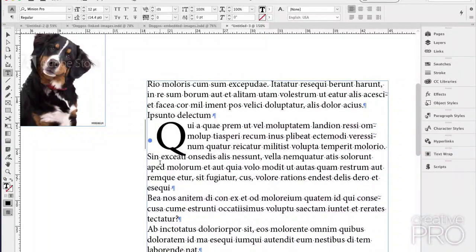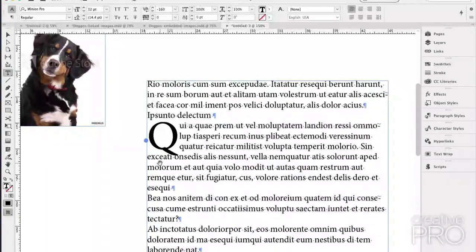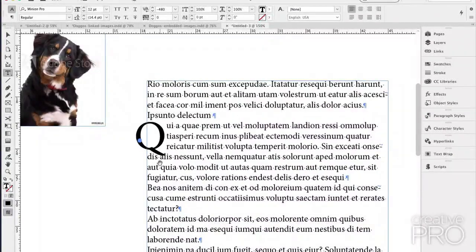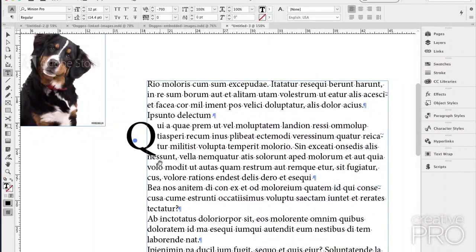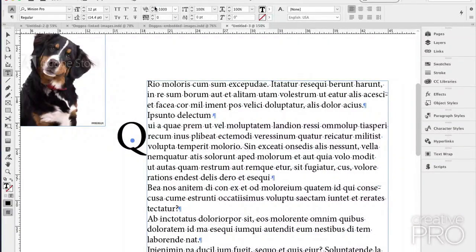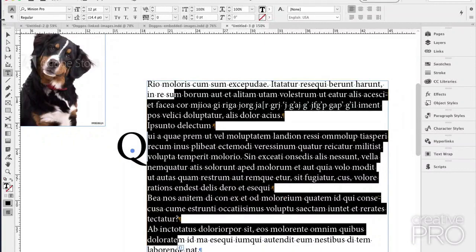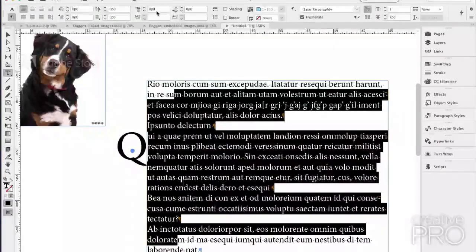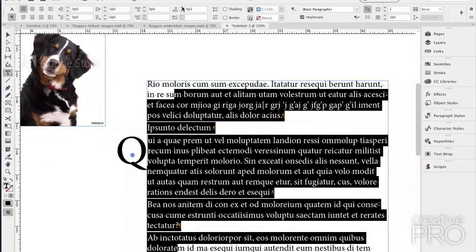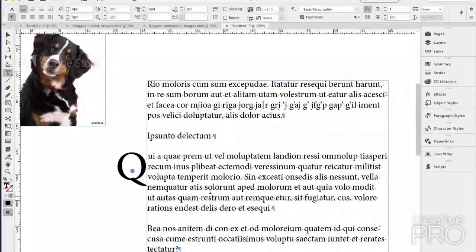So now I can start pressing Option or Alt left arrow to start kerning that guy in. Notice how he just says, I don't care about the edge of the frame, I'll just keep going. Also look at the kerning field up here. It's at -700. If you're tired of tapping, you could just say, let's try -1000 and see what happens. Oh, that's actually perfect. And now as I add text, it floats with the paragraph. Let's add some space below paragraph so we can see it a little better. Okay. That's great.